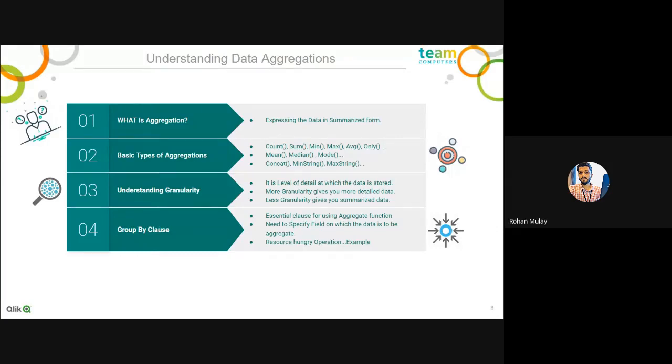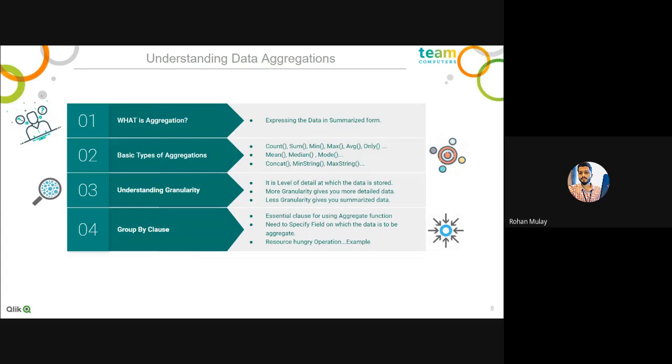So when I say city-wise sale, I'm grouping the entire detailed data on a city level. The data was at a granular level, and now I'm bringing it to a less granular level, a city level. So instead of detailed granularity, I'm bringing it to city level granularity, so granularity is decreased now.